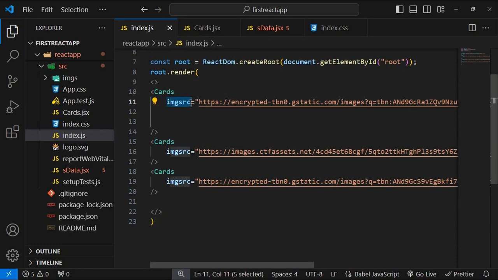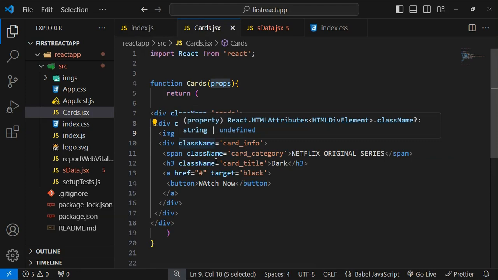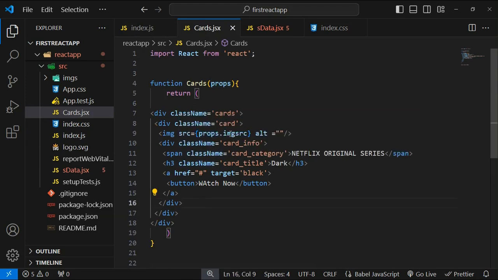Let me explain more. src is equal to props.imgsrc. This is just pointing to that image source, and alt you can have anything, it's up to you, but it will be the same every time. Netflix img,